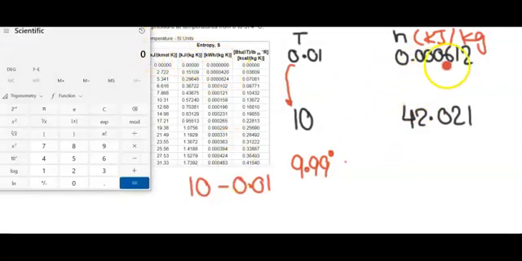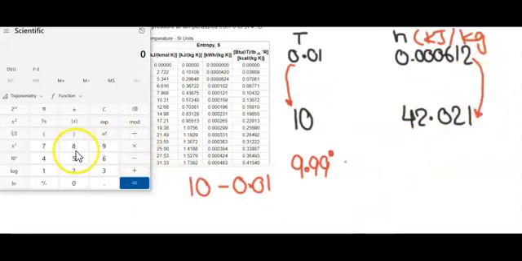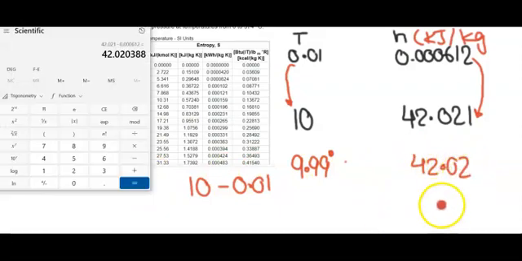The value of the enthalpy increases from that to that. So let's find out how much is increased in enthalpy. 42.021 minus 0.000612. So 42.02,